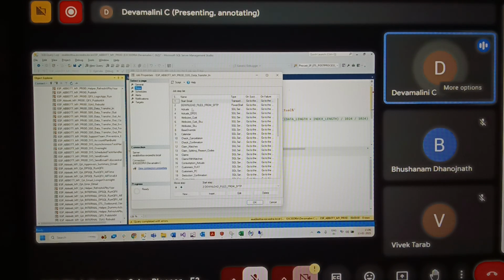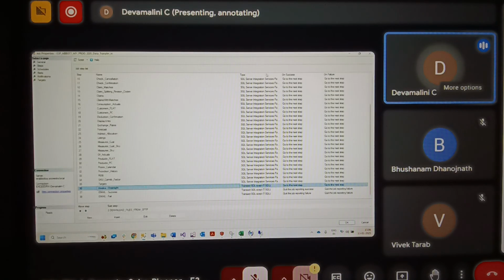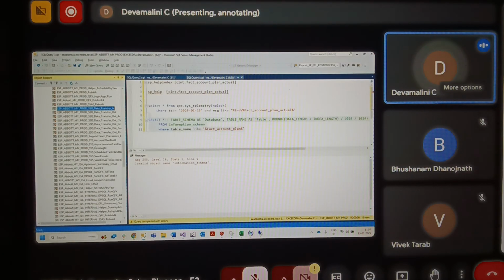So last week we discussed these inbound operations. At the end of the inbound operation, the job is scheduled to invoke the overnight process. You can see here the others are all integration services. This is the SQL job. Okay. So through inbound, the ETL inbound files, which are in CSV format, that data has been converted and pushed into the hold table in the ETL database. Okay. So during overnight,